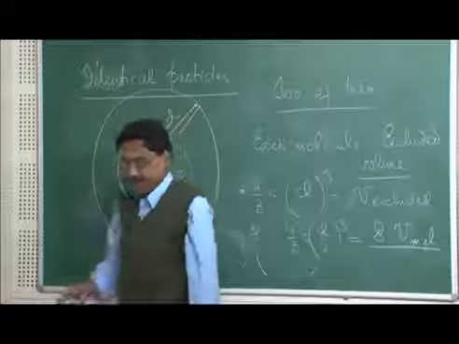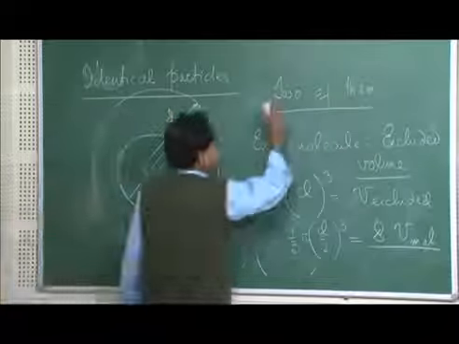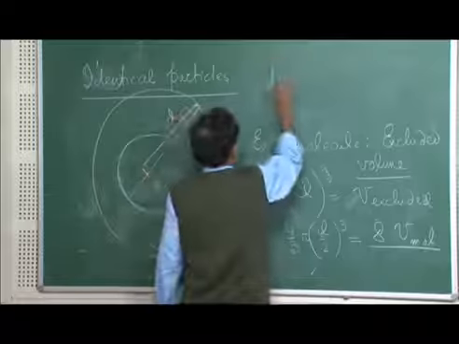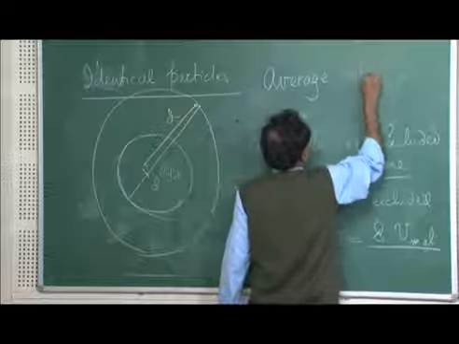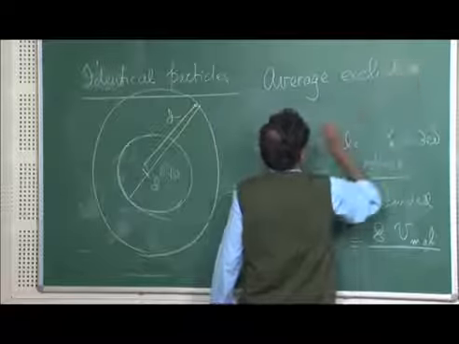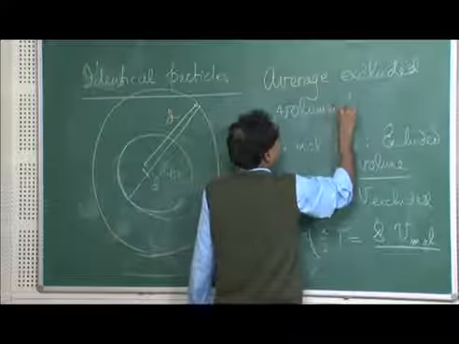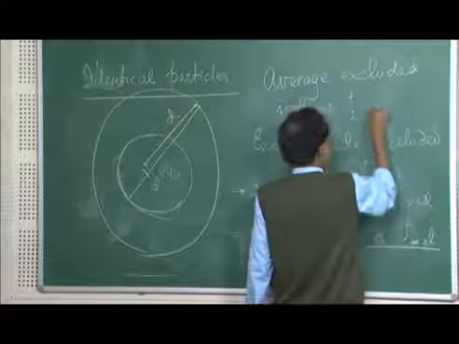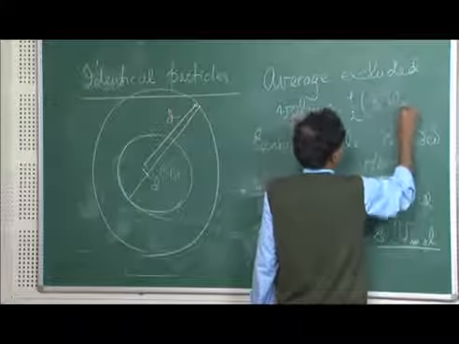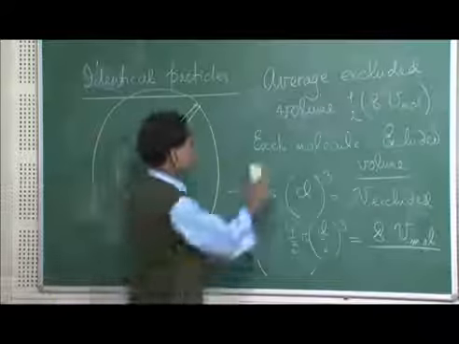If I consider 2 molecules, the average excluded volume will be half of this quantity, 8 times the volume of the molecule,